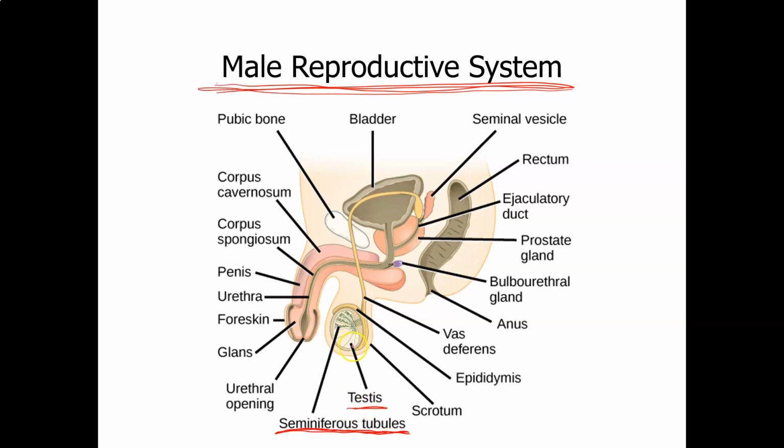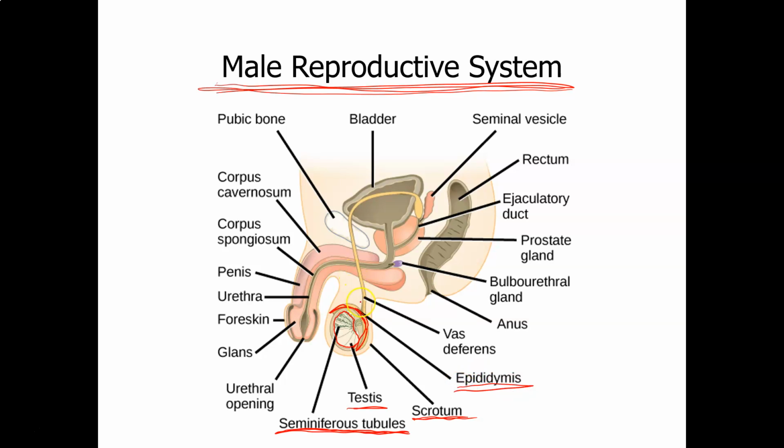So this is a testis. You can see that it is located inside of a sac called the scrotum. And then there is a structure that's attached to the back side, or the dorsal side, of the testis, called the epididymis. The sperm will travel to the epididymis next. It will travel from the seminiferous tubules to the epididymis, and then